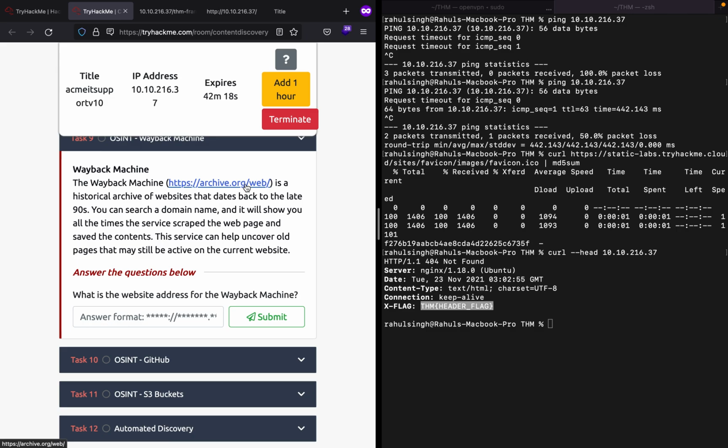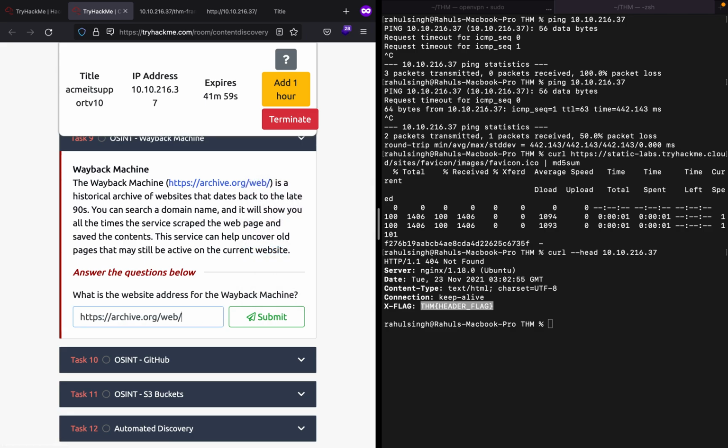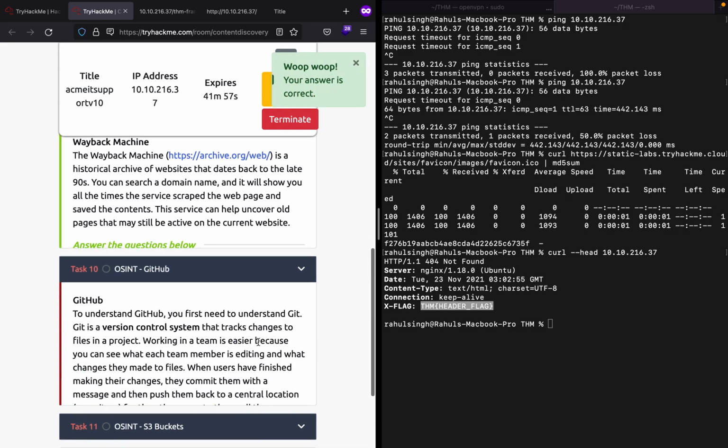For example, I updated my website today, but before today I had comments in the website, and now that I have removed them, there is no way you can find out the comments in the new website. So what you can do is go to archive.org/web and look for my website, and you can easily find out what the comments were.